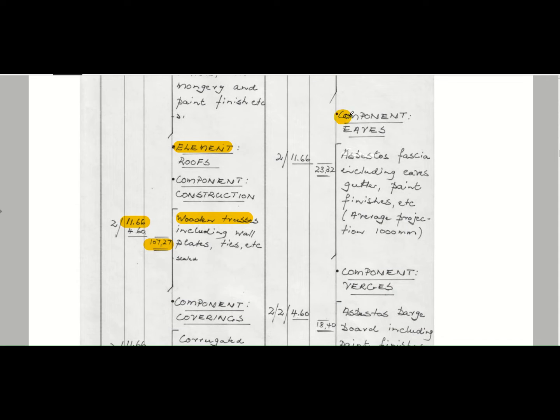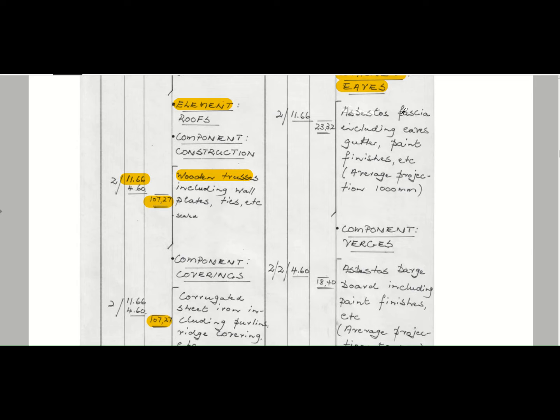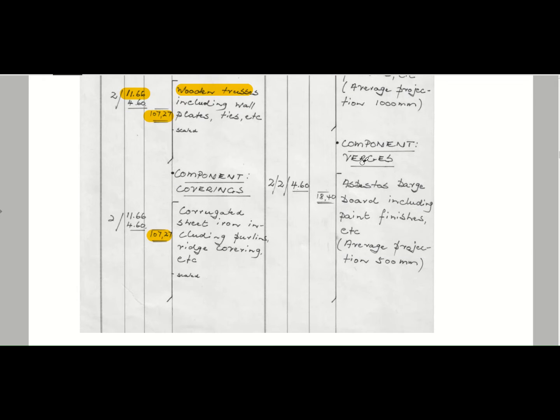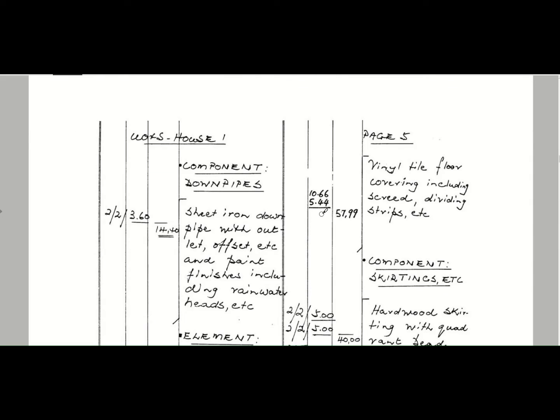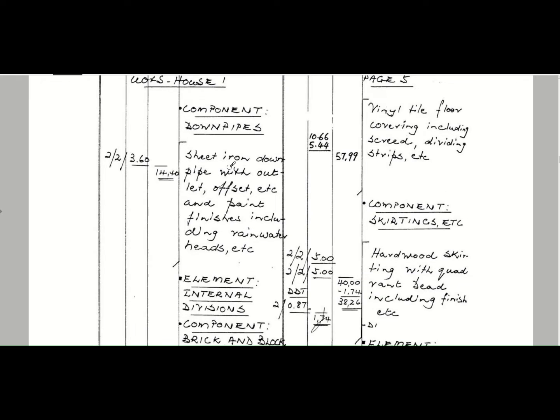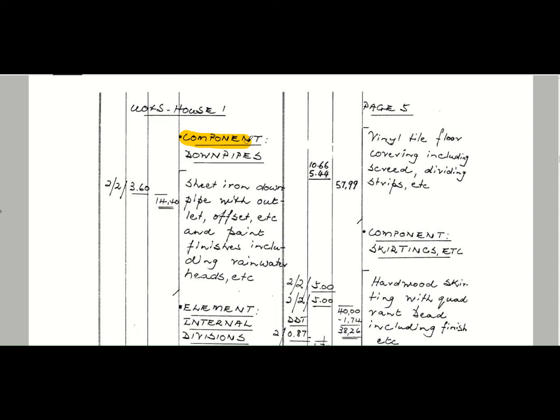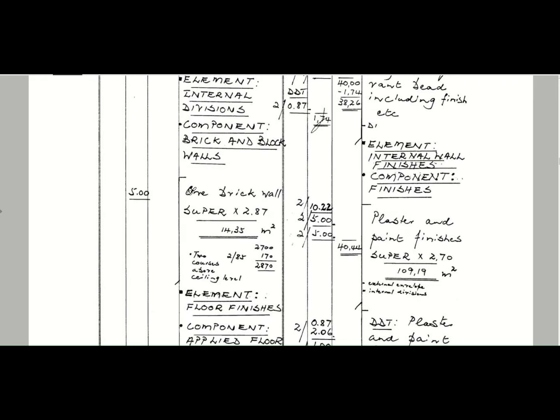Then component eaves. Your eaves is the side of your roofs. So this is our fascias. Component verges. Verges is like your barge boards. Your verges is on the side of your gable ends to the roofs. Then you can see component downpipes. Your rainwater goods is measured here, and it continues like that. Your one brick wall superstructure. This is our interior wall,